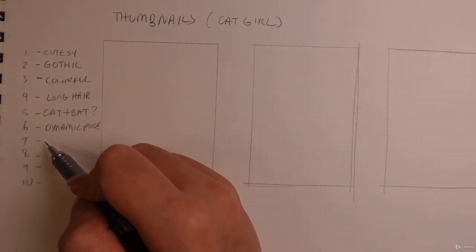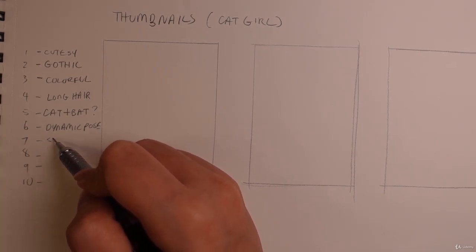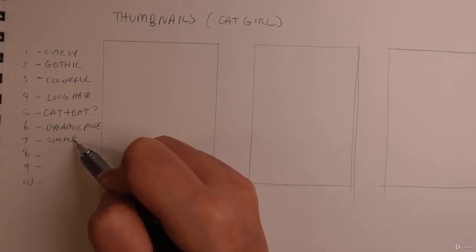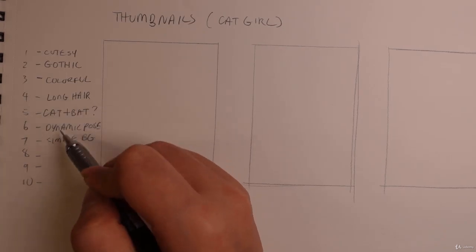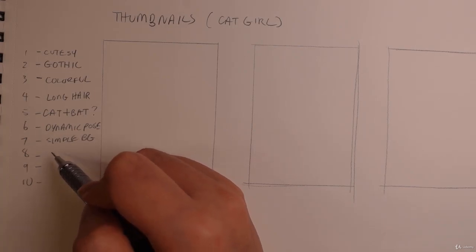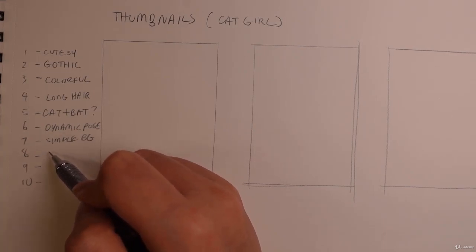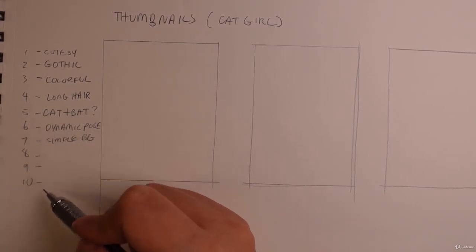Let's see. In terms of background, I'm probably going to make a simple background. So it could be a patterned background or the like. So I think I'm just going to, oh, actually, let me just go up to 10. Let me see, what else could I put in? I think I'll just go with these for now, and maybe if I want to add some other ideas later,